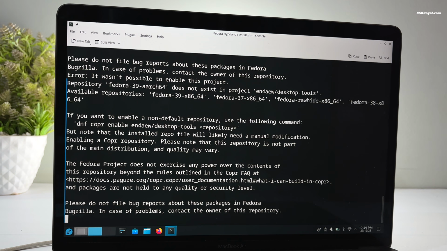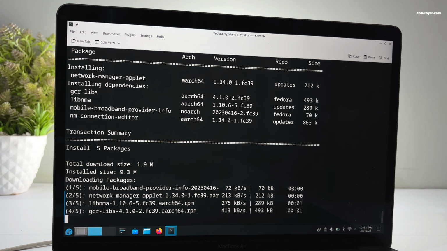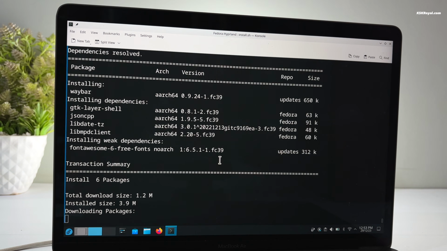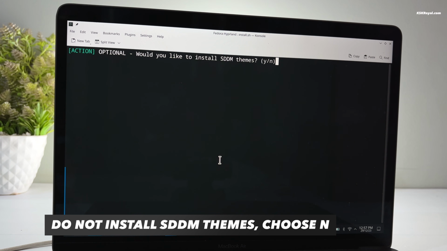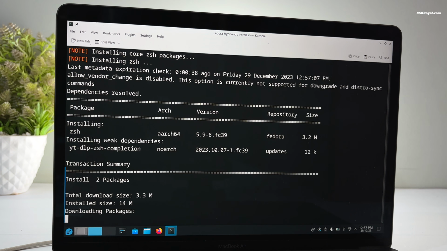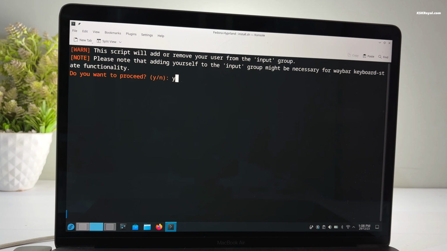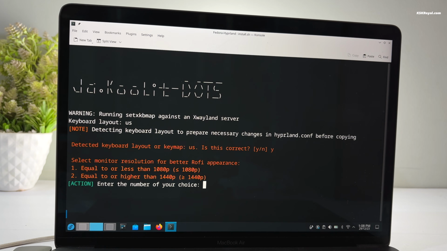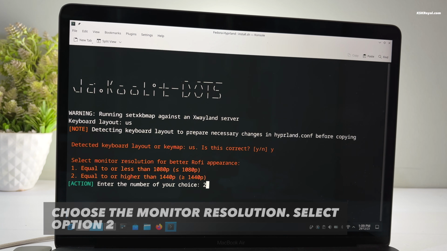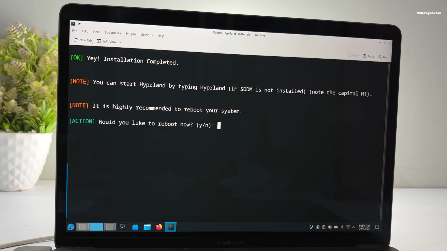Be patient and respond to prompts requesting your authentication. That's it. Type Y to reboot your system.